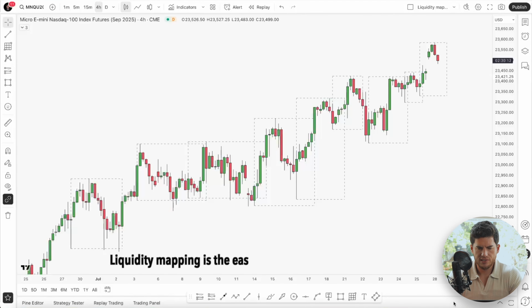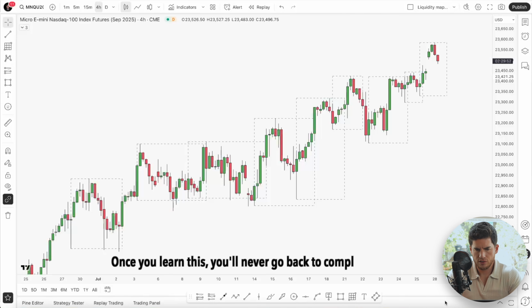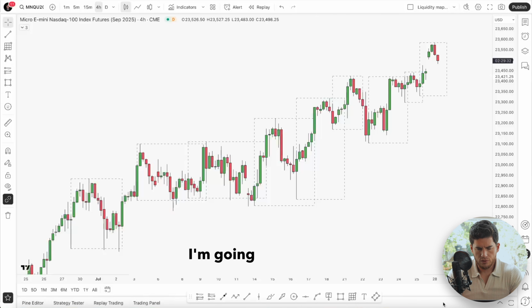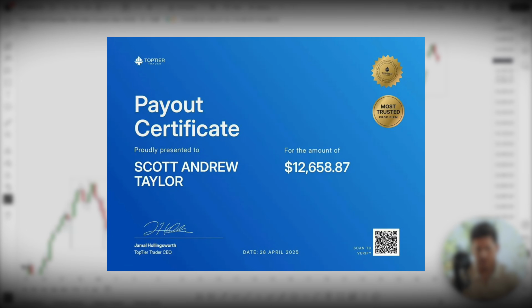Liquidity mapping is the easiest way to get rich trading in 2025, and it works so well it almost feels like cheating. Once you learn this, you'll never go back to complicated setups. I'm going to show you how I use liquidity mapping to identify high probability trades that average 2 to 3R. And just so you know, this isn't just theory, this is how much money I have made this year